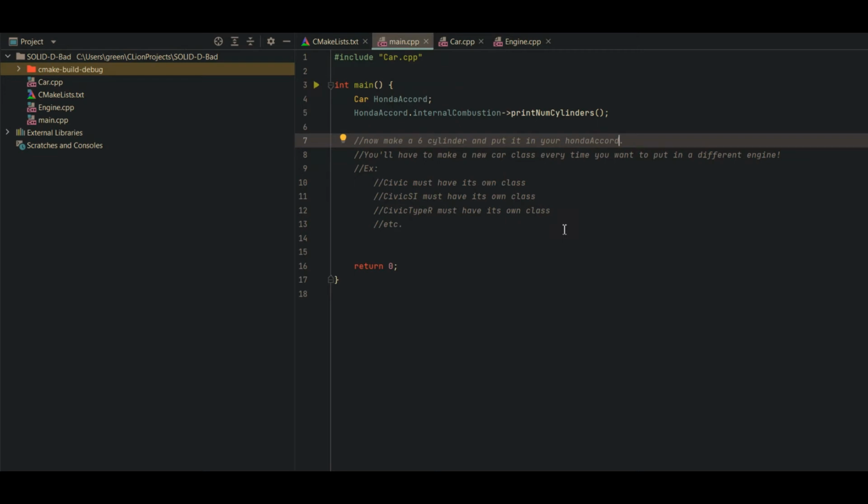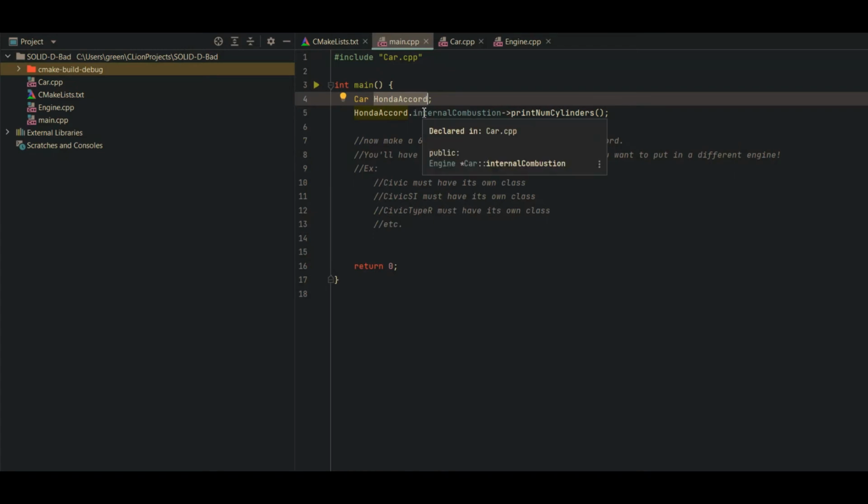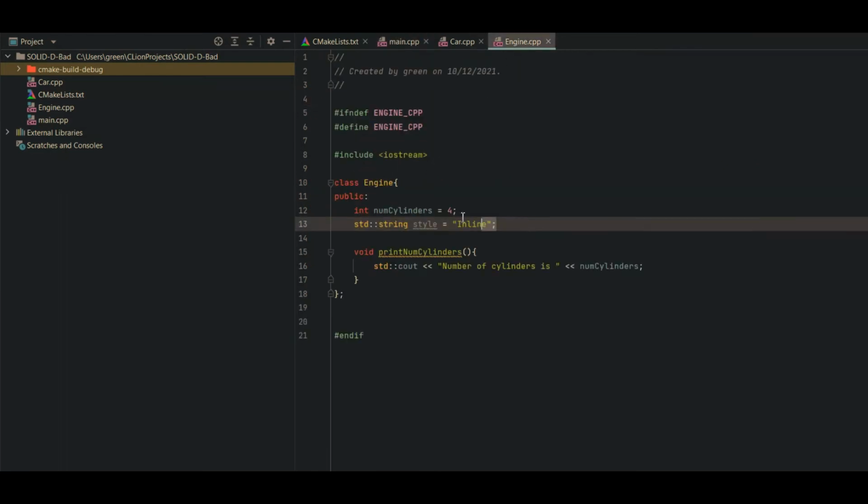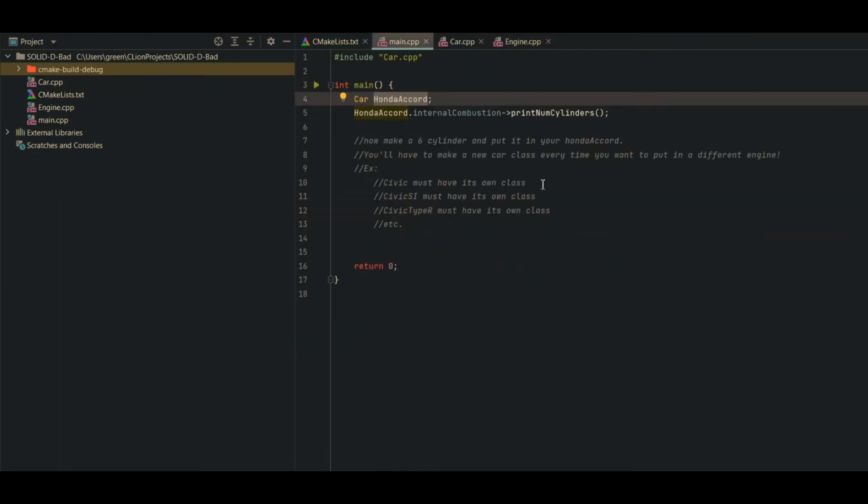Now moving on to our main function, we create a Honda Accord from the car class, and when we create the Honda Accord, it creates its own engine. This is great, because Honda Accords use inline 4-cylinder engines, and that's exactly what we're implementing here. However, what if I wanted to make a Honda Civic? Well, sure, I could just create a Honda Civic class, which creates an engine for itself whenever we create a